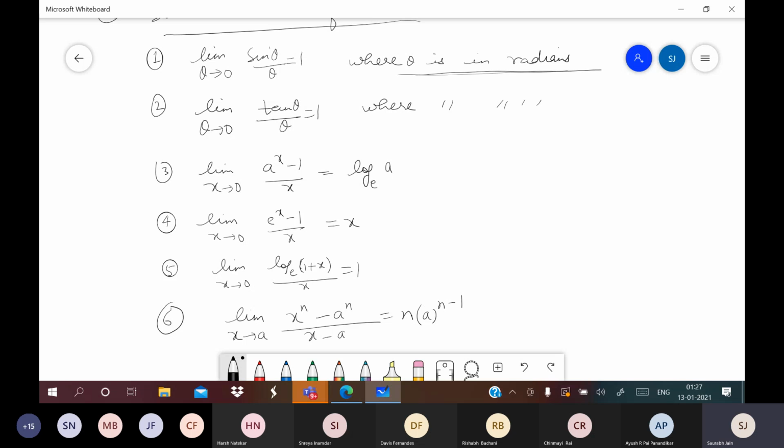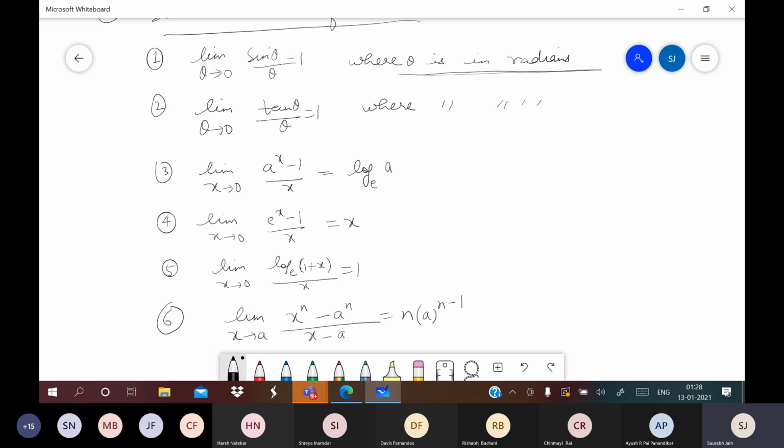Angle should be in radians, it is clearly mentioned. And the last thing, both of them should be tending to 0. This is what the limit theta tends to 0 is saying. If all these conditions are satisfied, then the answer of such a question will be 1. These are formulae, and their proofs will be discussed in class 12 because there is a whole, very big chapter on it, not just 2 or 3 classes, it will take much more time. Other techniques are also there and the level will also increase, but for now we have to complete only this.